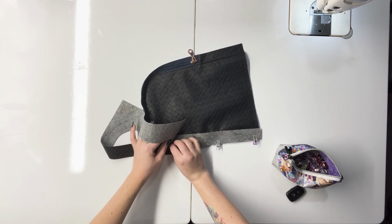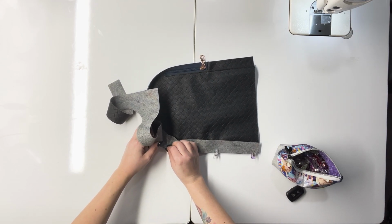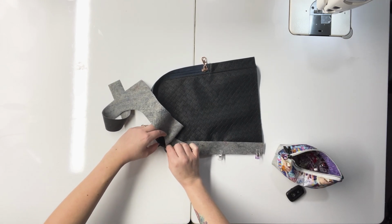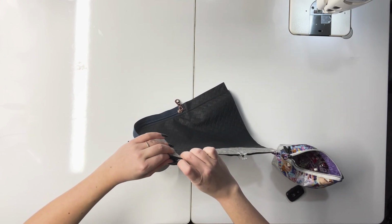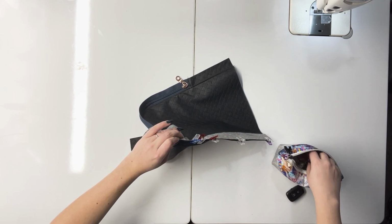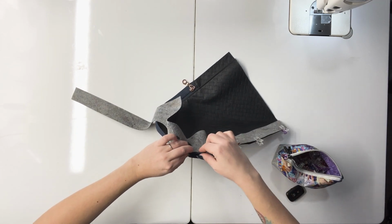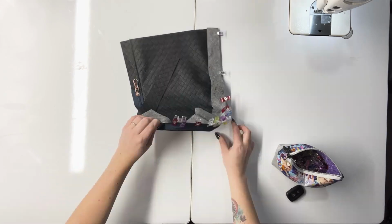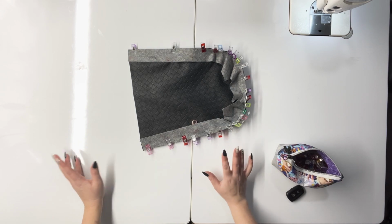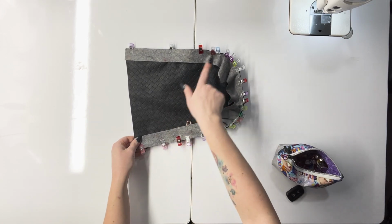Clip, round this out, which this is probably the hardest part of the entire bag, doing this section right here, but it will get easier the more that you do it. Manipulate the fabric however you need to get these seams to line up. It will line up with some manipulation. All right, perfect. So that was a fun thing to clip. I kind of just folded the exterior where I needed it to get it around that curve,